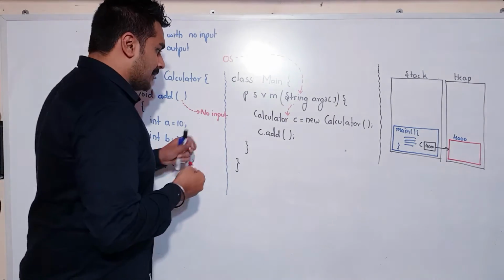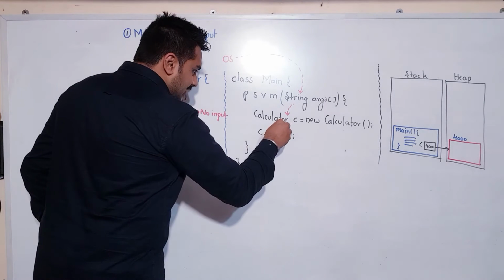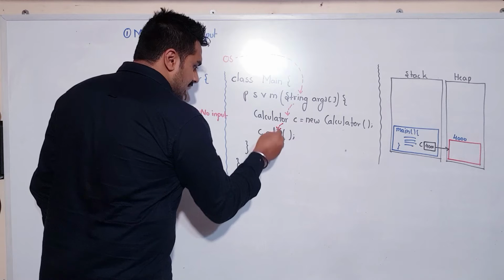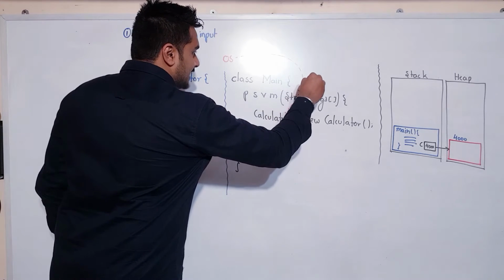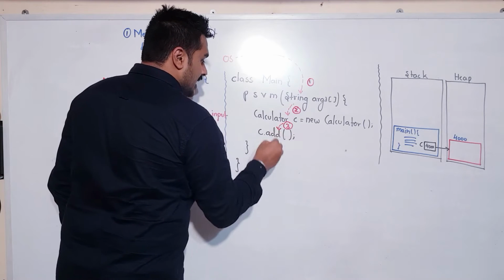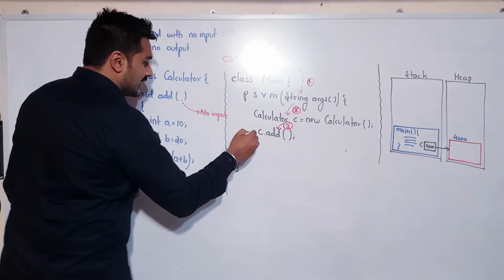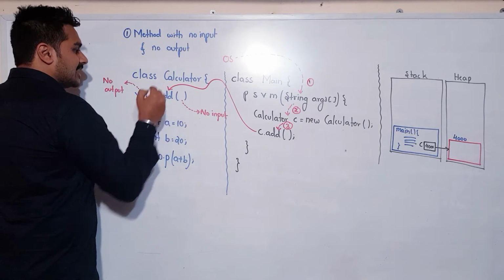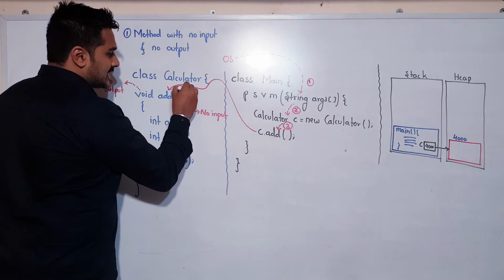Next, I am coming over here. I am taking the privilege of accessing this particular class. Control from here, I'll tell the number 1, this is 2, this is the third. Control from here is coming where? It is actually coming to this particular method. This is my step number 4.